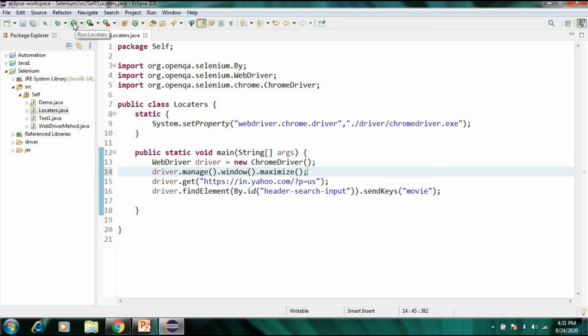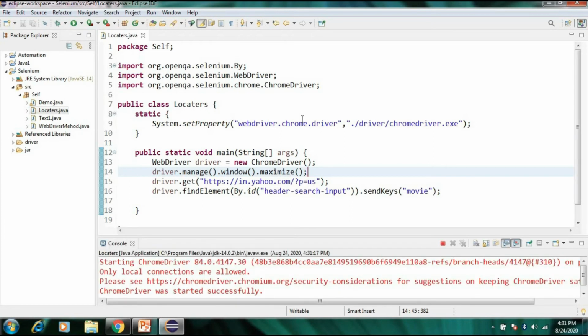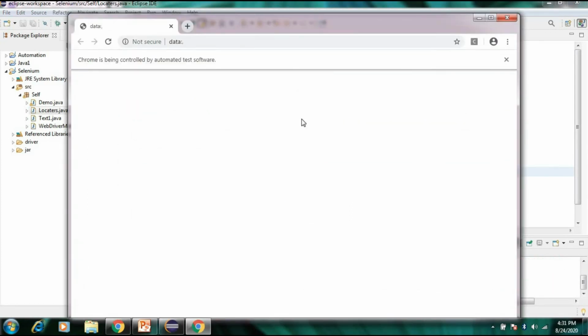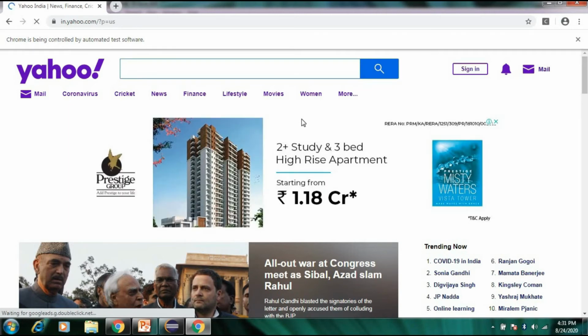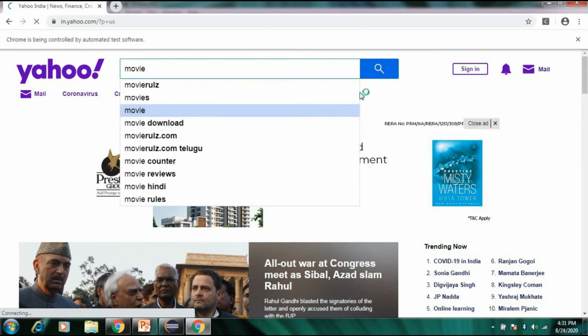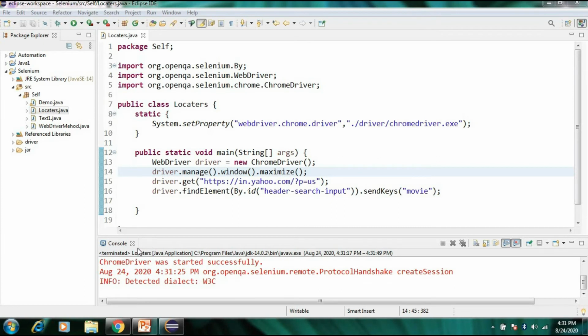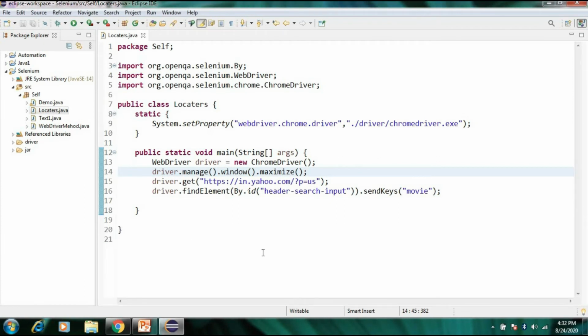And now you can see the Chrome browser opening, the window maximized, and it enters movie in the search box automatically. So you can see how the ID locator works.